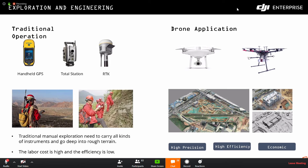Here are some highlights: high precision, high efficiency, economic. For example, this is the Phantom 4 RTK. It supports an RTK module. This is built-in. It can improve the precision for mapping and modeling, and it supports centimeter level accuracy. Besides, the RTK module supports three kinds of RTK mode: D-RTK 2 base station, network RTK, and third-party RTK. So it can be widely used in various